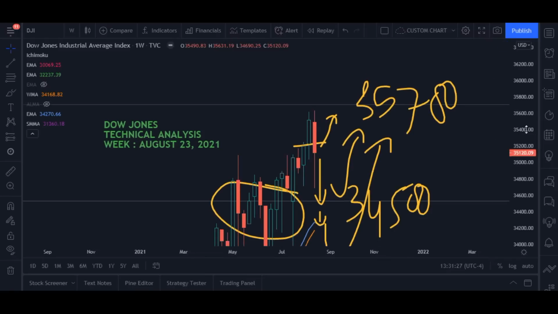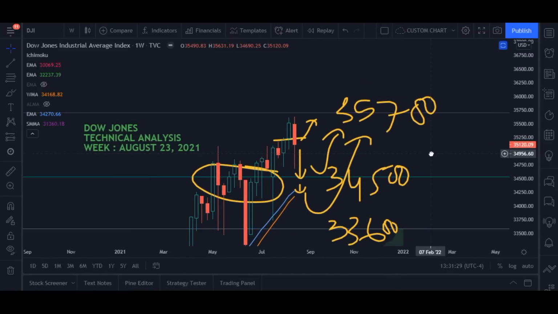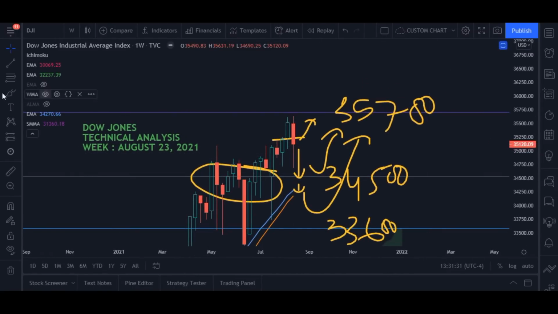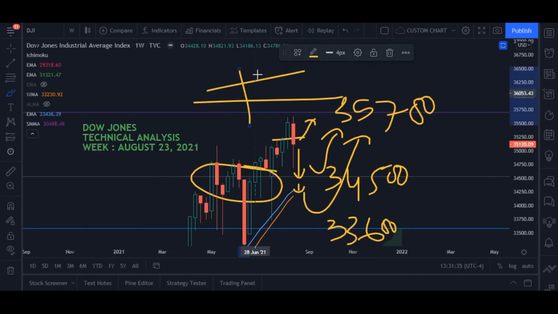So through all of the technical indicators here on the weekly chart, it is not clear whether the market is moving up or the market is moving down. So in order to see a clear picture, what we need to do here is look into what is happening on the daily chart. Then only we can say, okay, this is what is expected to happen. So now let's move on to the daily chart.